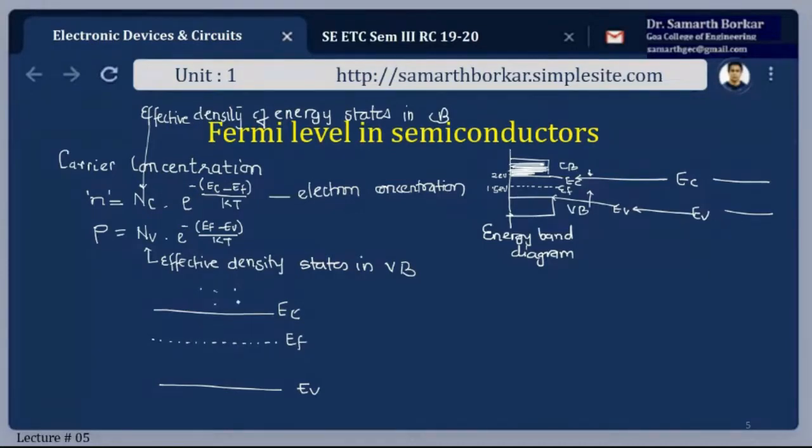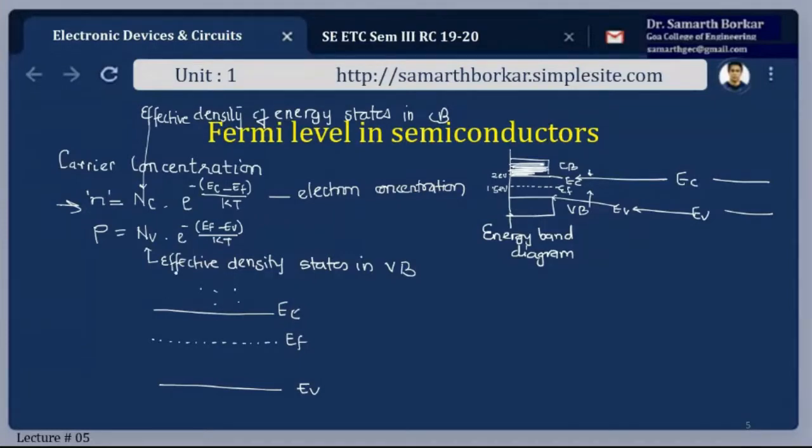Okay. Now, if I want to calculate the electron concentration, it basically depends on what? Look at the equation here. It depends on EC minus EF. This energy difference will decide the value of n. So you can get so many things from this simple mathematical expression. We can make out that the value of n depends on many parameters. If I want to increase or decrease it, I have to play with these values.